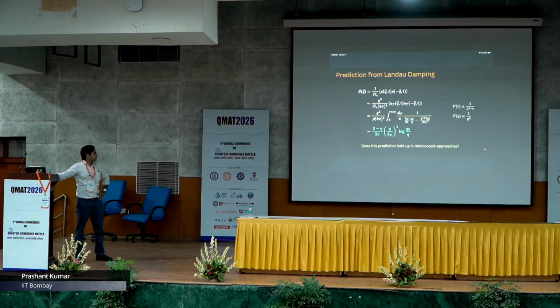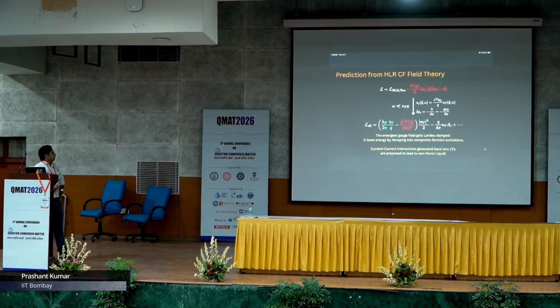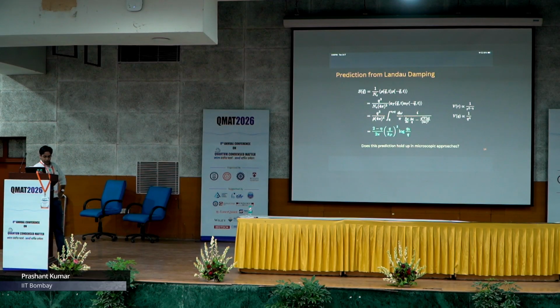Okay. Now based on this you can make a theoretical prediction, and the theoretical prediction is if I look at the equal time correlation function of the electron density, that can be determined from this equation. So you are doing the equal time correlation function. Essentially you have to do an integral over omega of the propagator of the emergent gauge field,